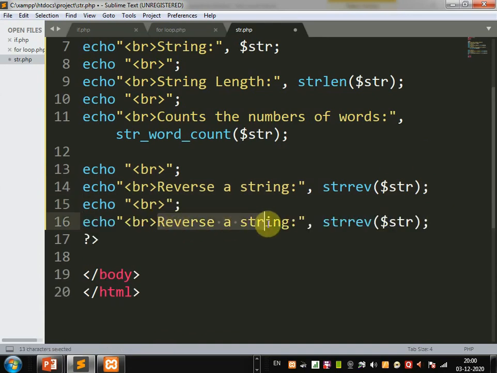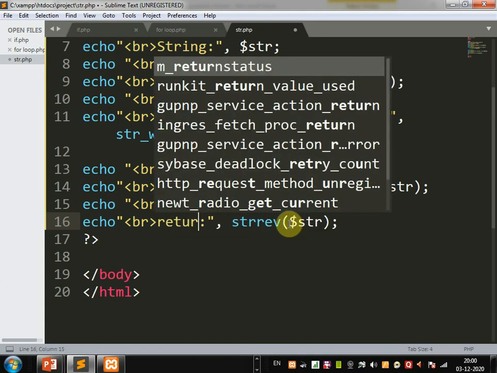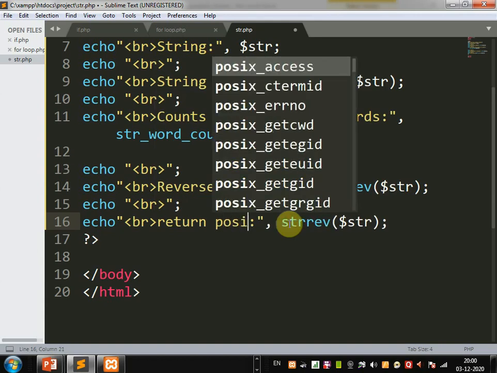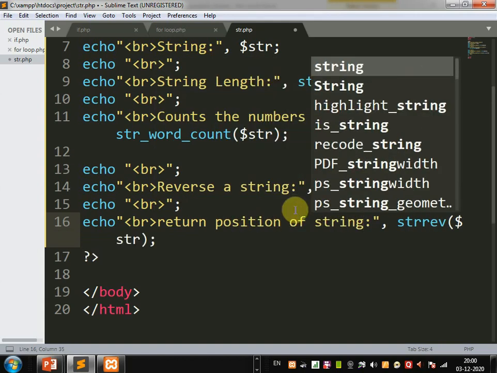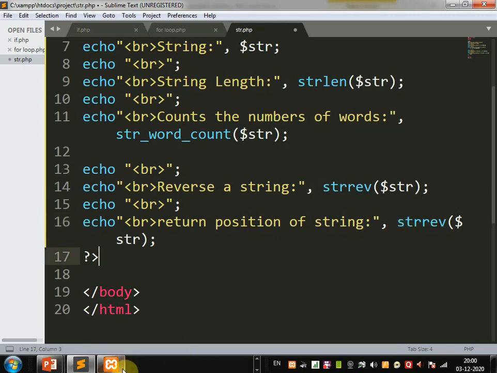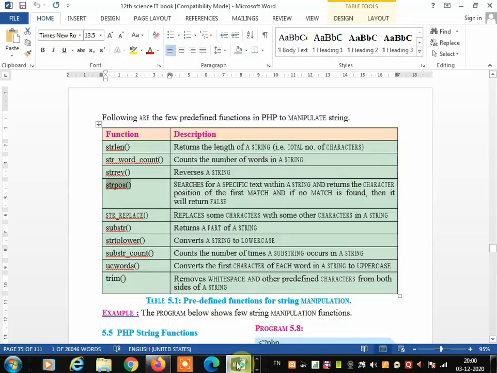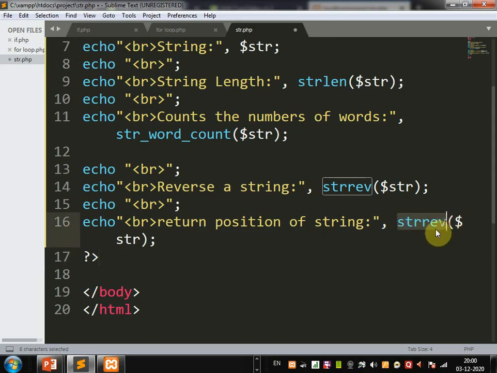Here you write return position of string, and the function required is strpos.